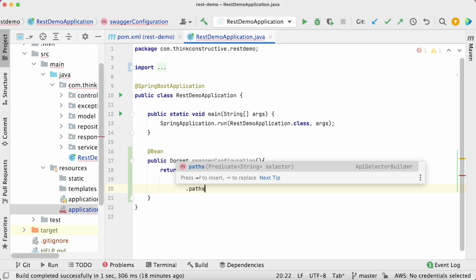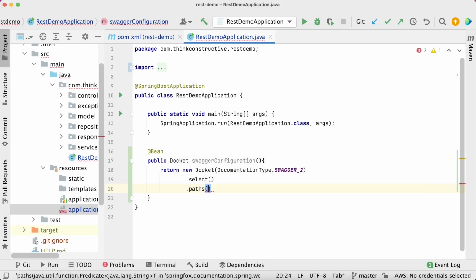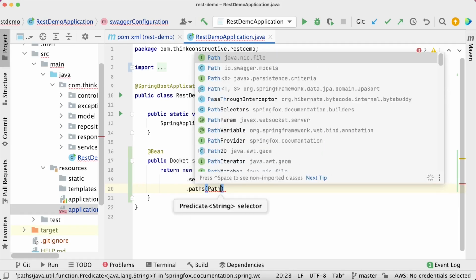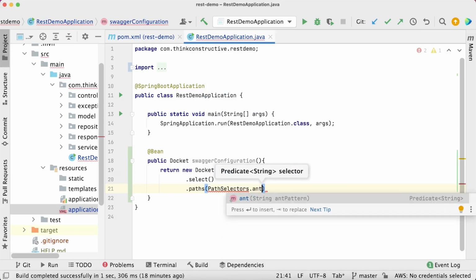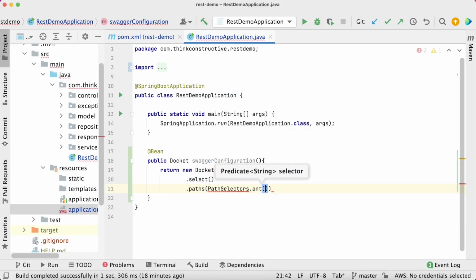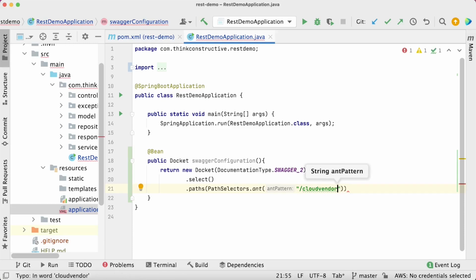All right. So inside paths, I should give path selectors dot regex, and here inside this, I should be defining the URLs which I would want to see finally in my Swagger documentation. So in our case, what documentation would I want to have? Cloud vendor slash star.